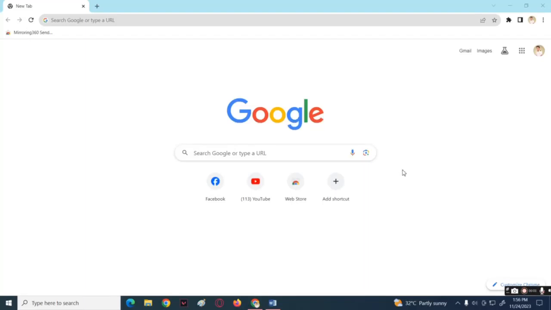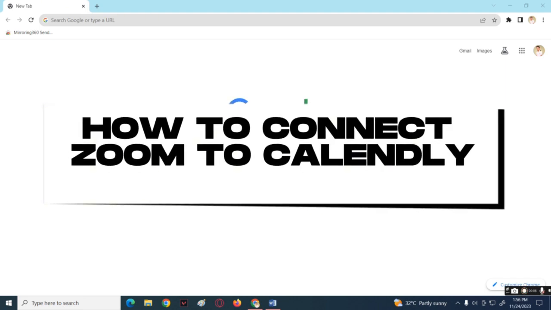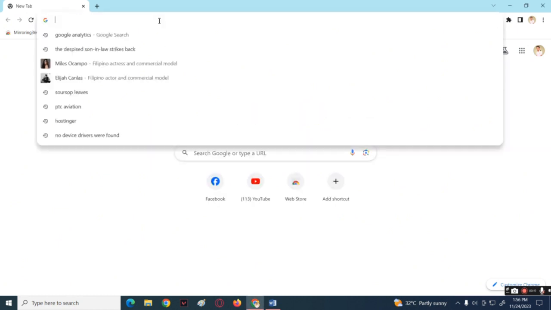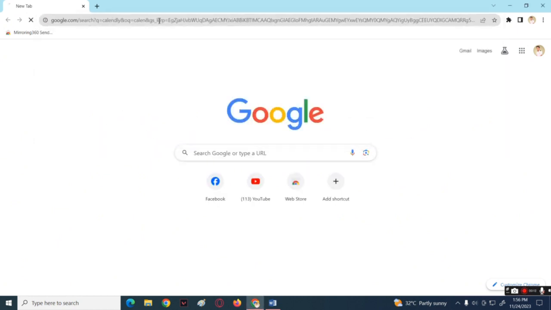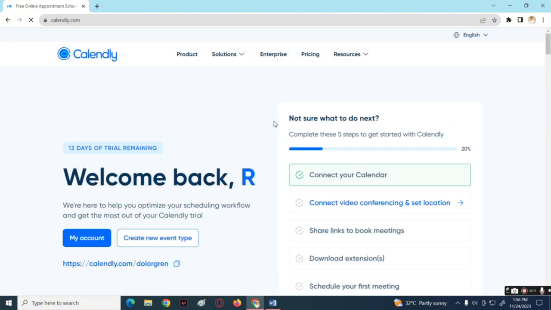For today's topic, we will tackle how we can connect Zoom to Calendly. First, go over to your browser and log into your Calendly account. And the Calendly website,